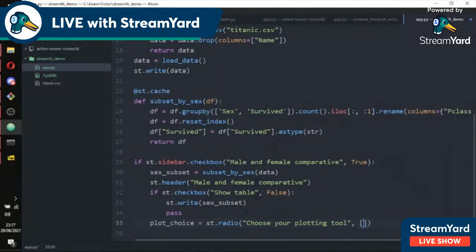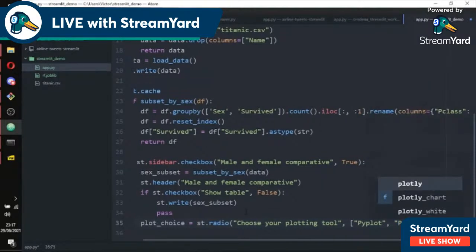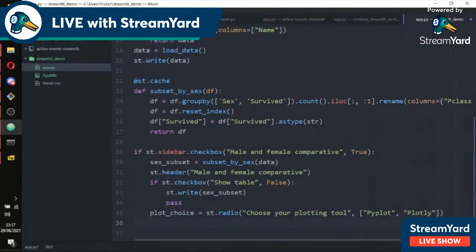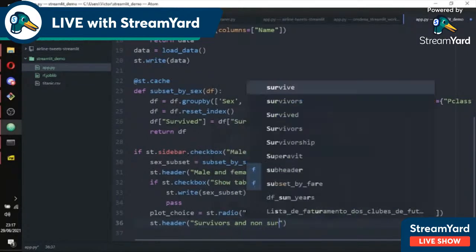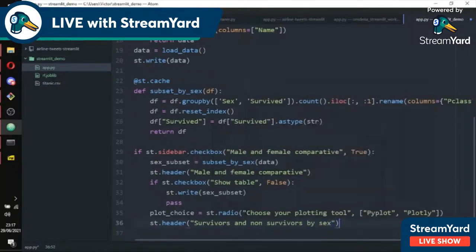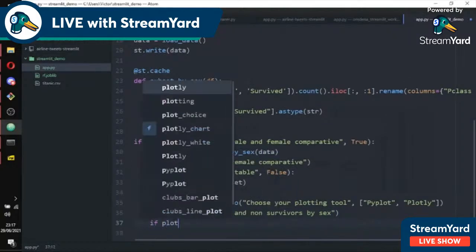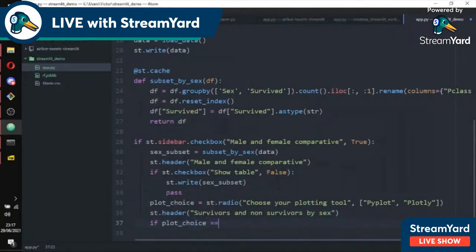And as a second parameter, we state our options. So pyplot or plotly. Let's create another header here. Survivors and non-survivors by sex. Okay, so if plot choice